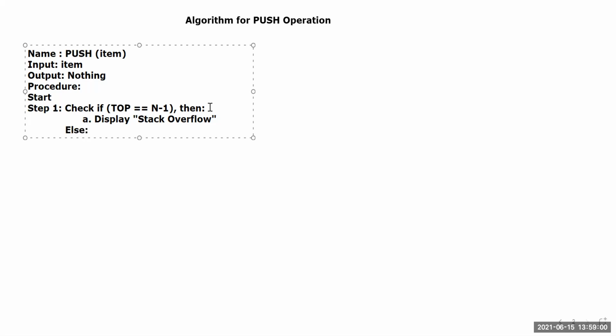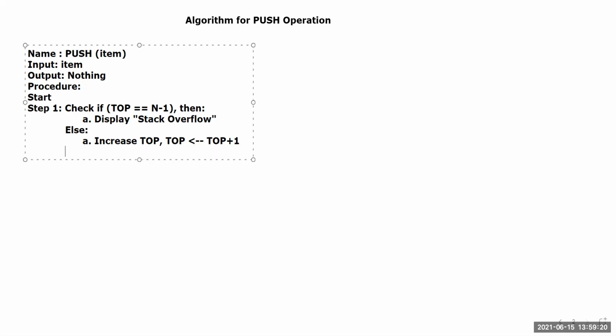Else increase top. That means doing top plus plus, or in algorithmic notation, we'll just do top is equal to top plus 1. Then copy in S top the item. And that's it. Stop. So this is our algorithm for push.